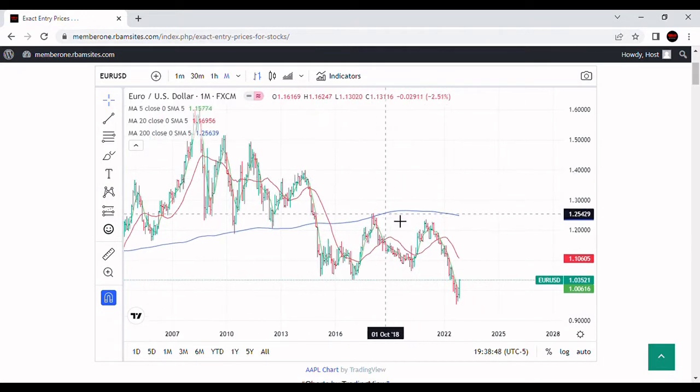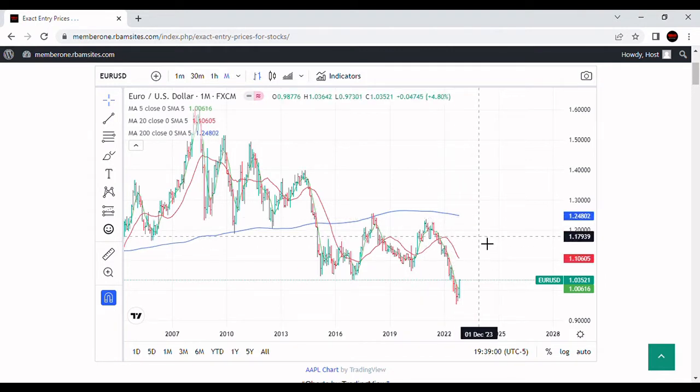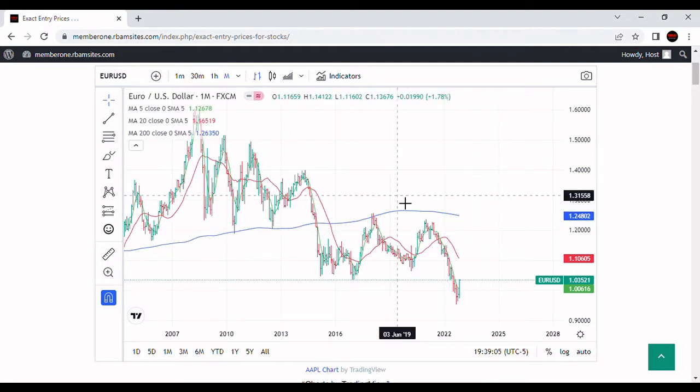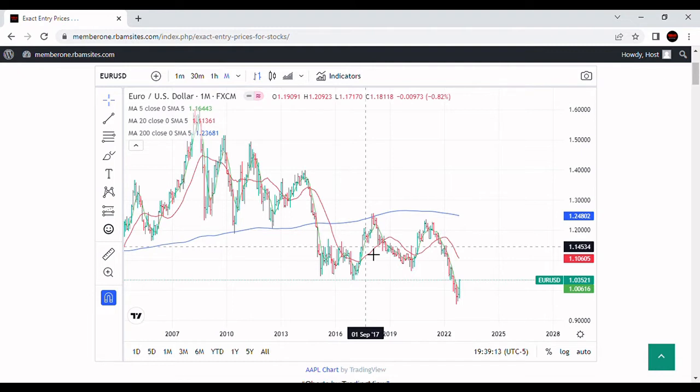And again, 200-month moving average right here. And we can see that back in January of 21, we were at roughly 1.23 dollars to the euro. And today we closed at 1.03. It doesn't sound like the euro is strong against the dollar to me. You can see that is significantly below the average it's been trading at all the way back since 2017, which is 1.14. And again, it closed today at 1.03 on Friday, the 11th of November.